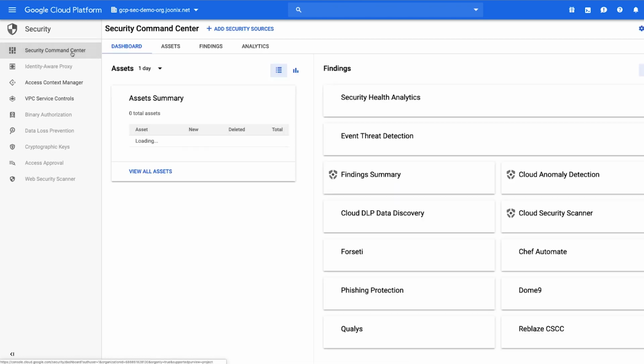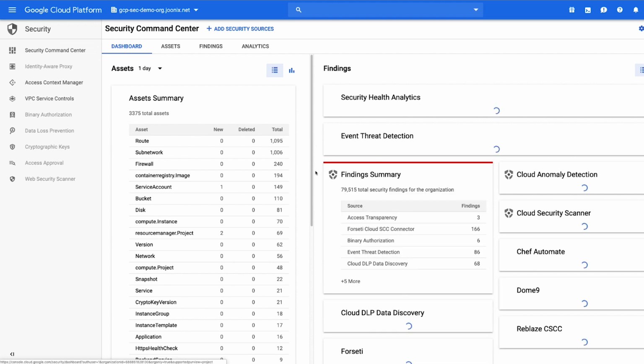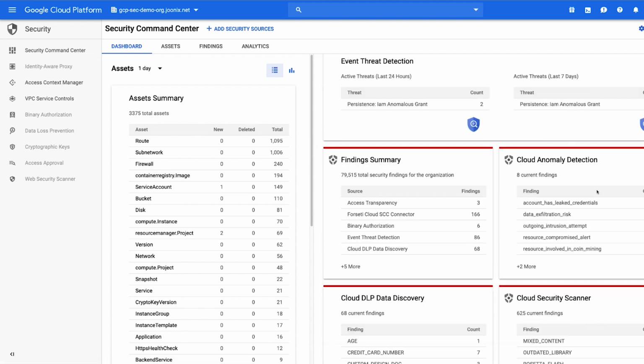If you return to the dashboard, you can see current findings as types of anomalous detections. Leaked service account credentials are GCP service account credentials that are accidentally leaked online or compromised. Possible data exfiltration is a sudden change in behavior, such as a significant data egress from a VM to a previously unseen IP address range.